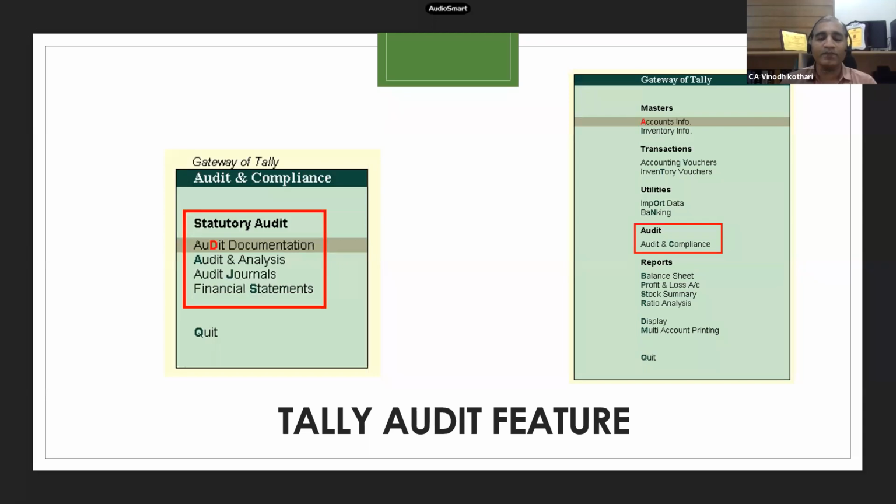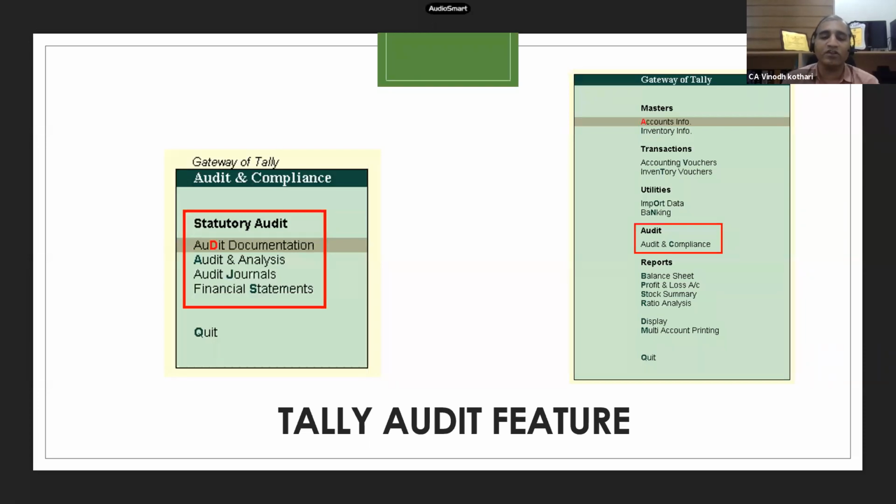Normally what happens is, whenever we want to make some change, we don't come out of our already existing comfort level and use the new things. Only when we use the new things will we know that more better and easier methods are available to do the audit. So that feature in Tally is the audit and compliance tool.